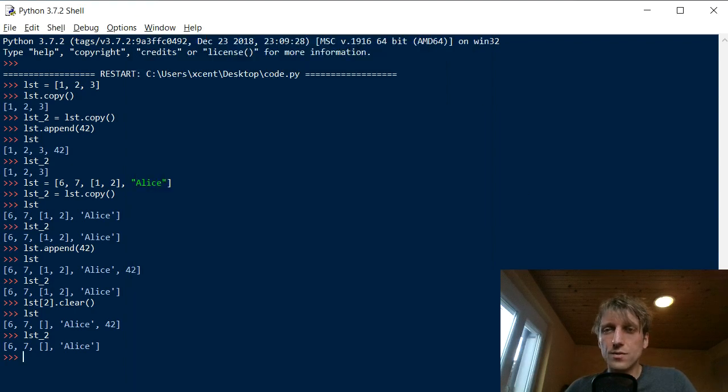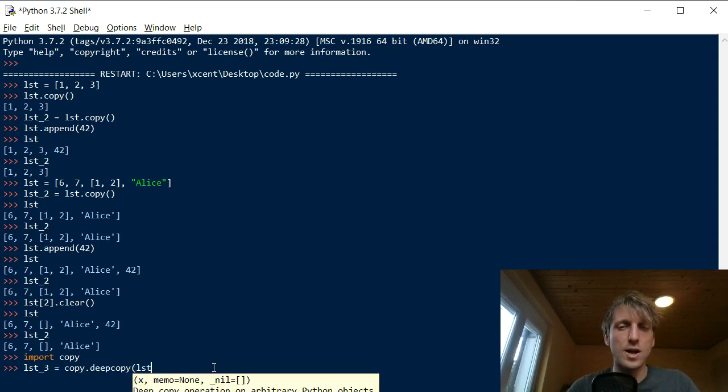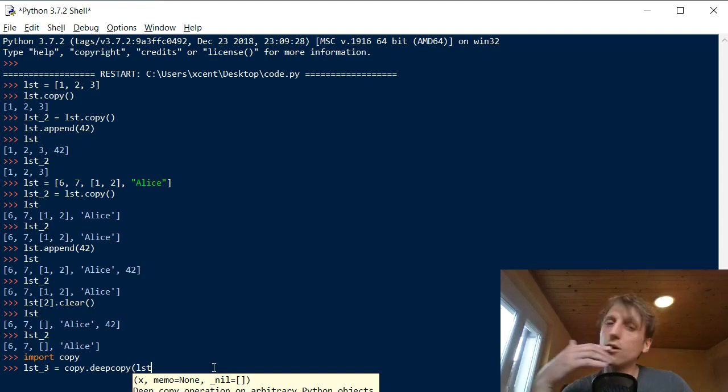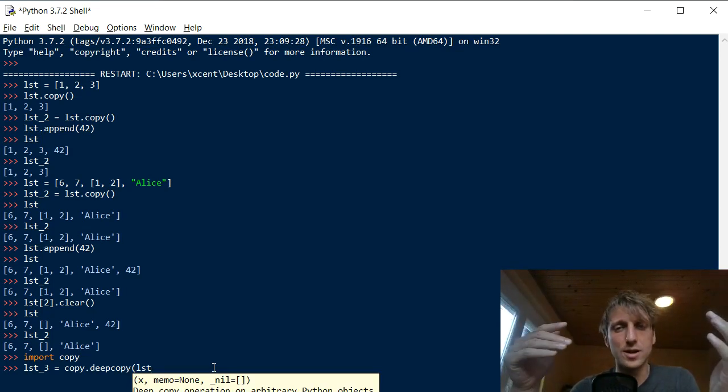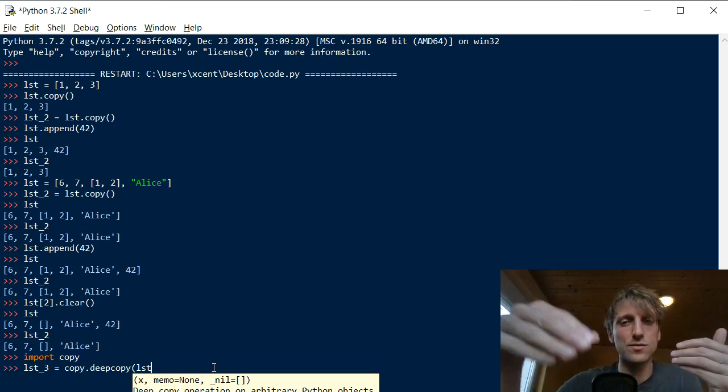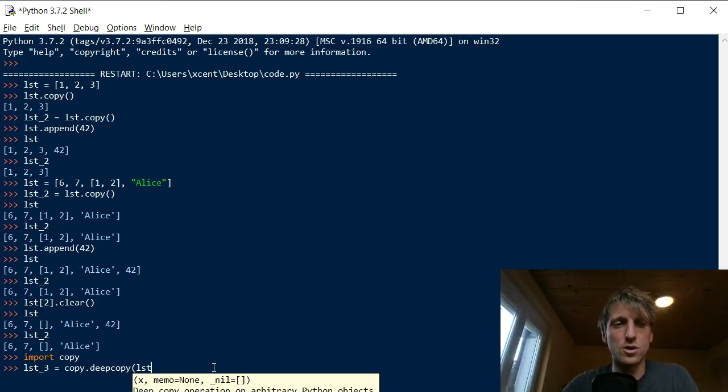So the question is, how can we create a deep copy? As it turns out, there's a function for this. You can import copy, and now we can create a list 3 and simply call copy.deepcopy, and it does the recursion. I could go into the recursive algorithm for how to create such a copy. You have to perform basically a shallow copy for all immutable elements, but for all mutable elements you have to go one step deeper and then recursively call the copy operation. So you can write a recursive copy function, but it doesn't